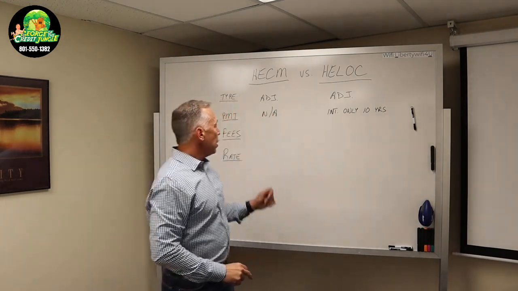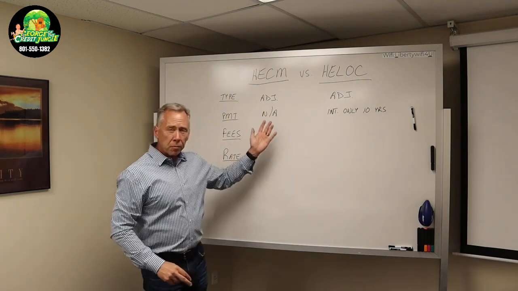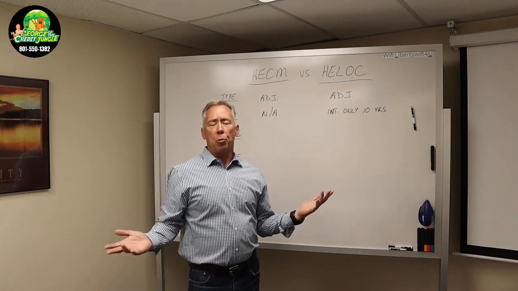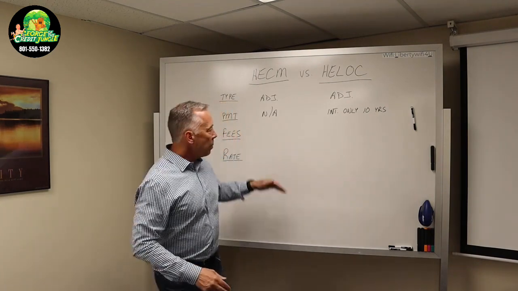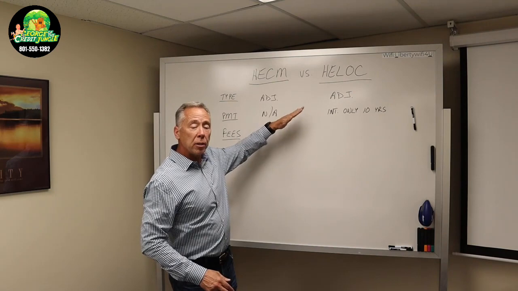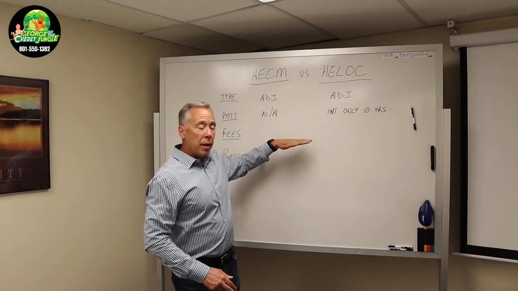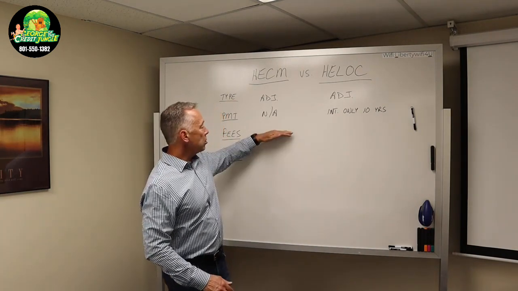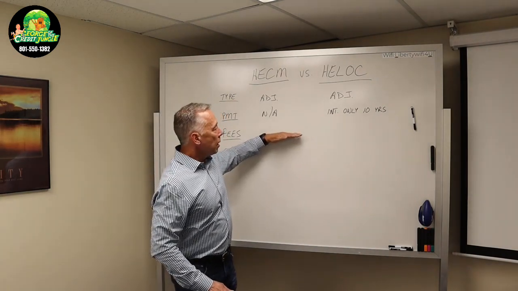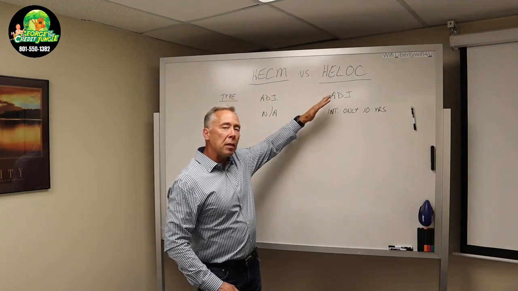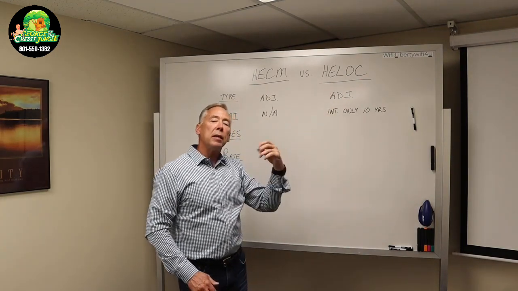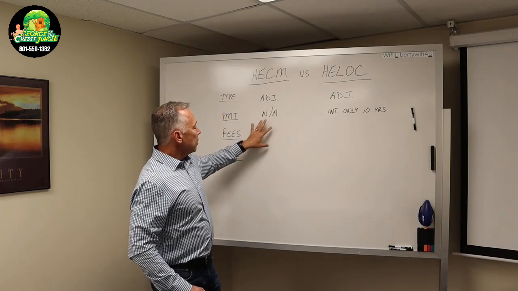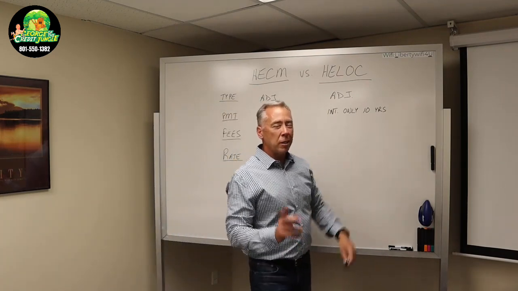On a reverse mortgage, for example, there is no payment on it, but it's still an adjustable rate. Well, if there's no payment, why does the rate matter? Well, the rate matters because of the rate at which that balance goes up. If rates are going up, like we have been in an increasing rate environment for the past couple of years now, that means that equity is going to be eaten up much faster based on the index and the margin of what that's going to do on that.